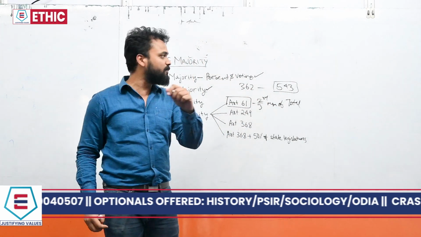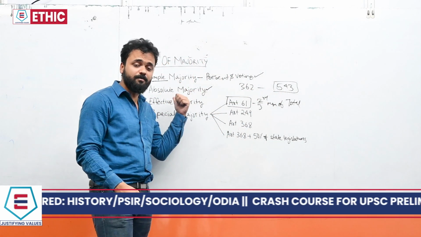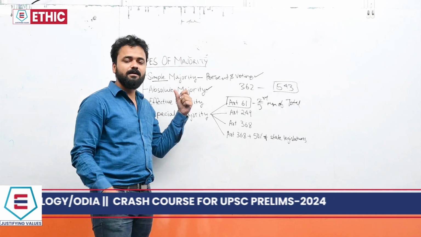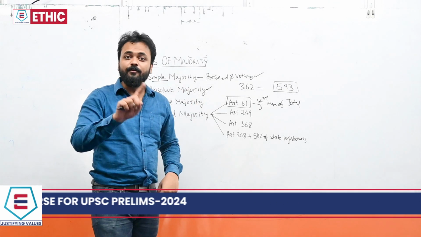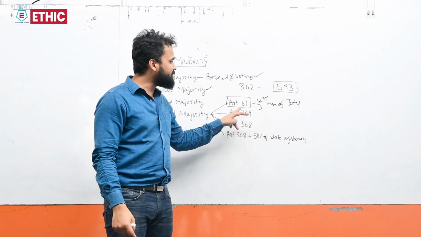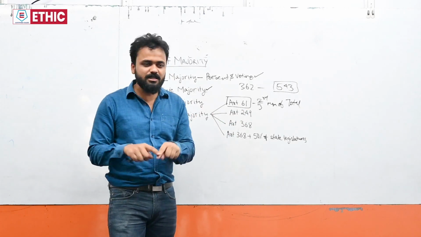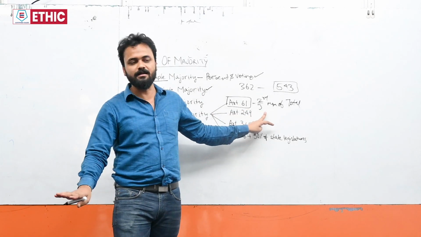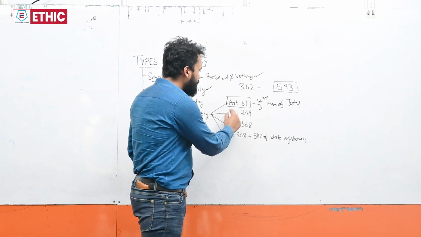Do not confuse it with the absolute majority. Absolute majority means total membership 50% plus 1. Article 61 says total membership 2/3. This is the basic difference. Next comes Article